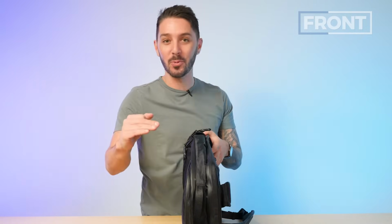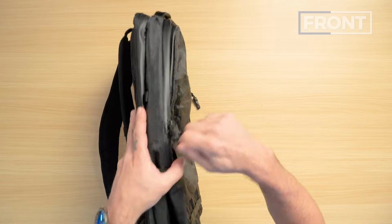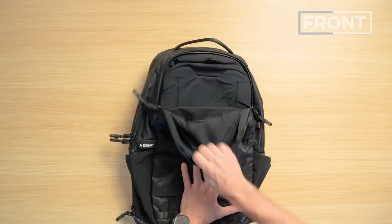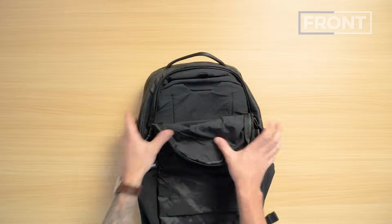It's not an impenetrable fortress from water, but it's going to be highly, highly water resistant. Boundary Supply zipper pullers, fun, good grip. And you can see, we're in. Now, oops, wrong compartment. Man, this one. Now, we're in. Now, Boundary Supply has done something interesting with this Rennen Pro, where they made all of the